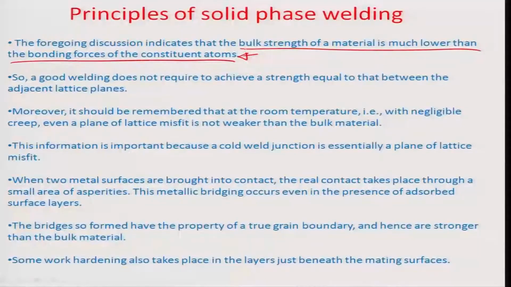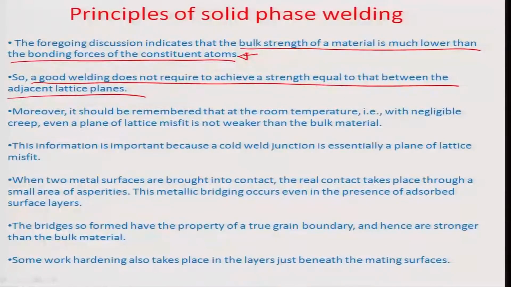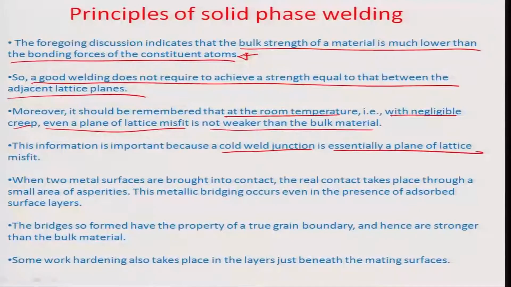So, a good welding does not require achieving a strength equal to that between the adjacent lattice planes, and you must remember that at room temperature, with negligible creep, even a plane of lattice misfit is not weaker than the bulk material. So, in a cold welded junction, it is essentially a plane of lattice misfit which is inserted between the two meeting surfaces at a